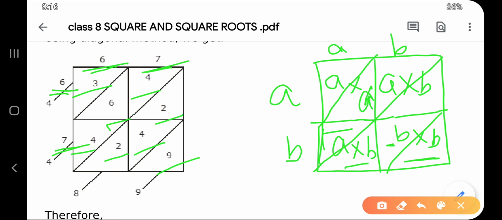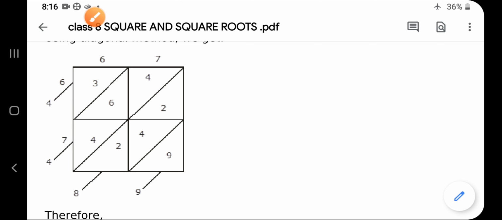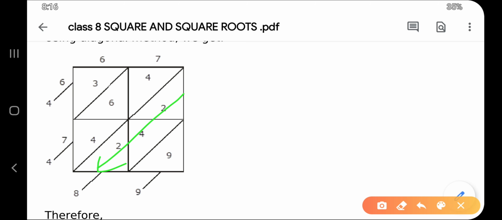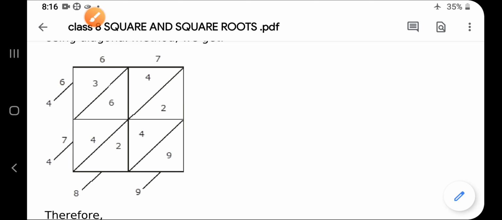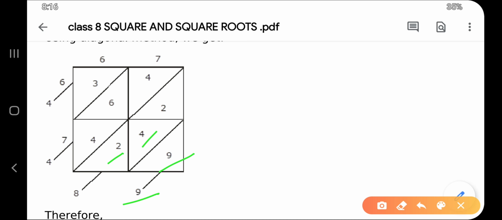That's it. Now you have found the products, and now you need to add these things in the diagonal way. Okay, this will be added. So let's find the sum, it is already found, I'm just explaining it to you. 9, as we don't have to add any number to 9, so 9 is directly written. Now the sum of 2, 4 and 2 is 8. 2 4 6, 6 2 8. And now the sum of 4, 6 and 4 is 4 6 10, 10 4 14. Okay, so 14 is the sum.